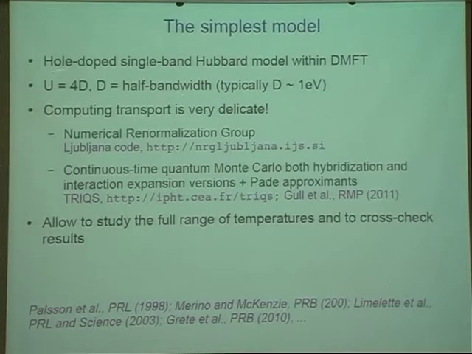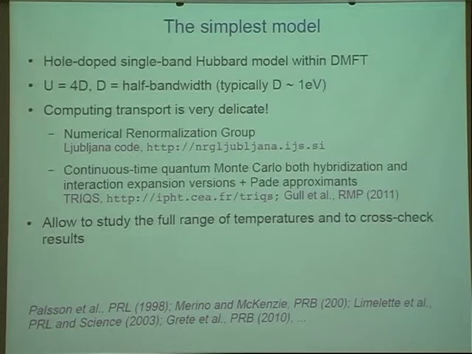So here are just the typical parameters that we took. They are such that the system is actually in a strongly correlated regime. Now, probably the reason why this kind of work hasn't been done earlier is that actually computing transport is quite a challenge numerically, especially over the full range of temperature. So you want to find methods that are able to describe quite low temperatures very nicely, but can also go to reasonably high temperatures. So we made all the effort of using the numerical renormalization group,